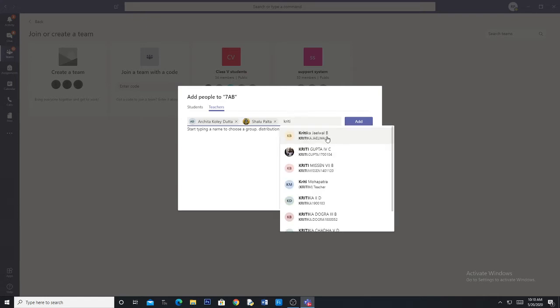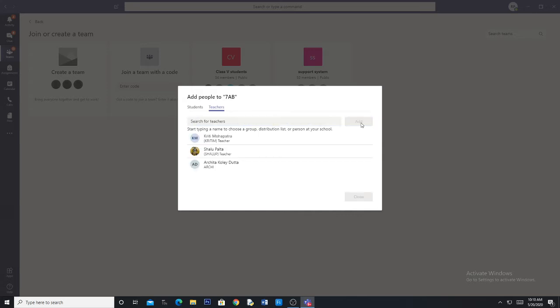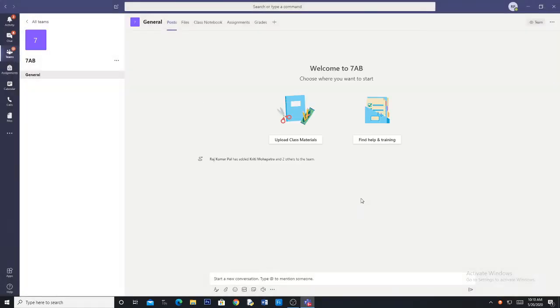Okay, Kriti Mahapatra. Okay, I got it. In this way you can add the teachers who take 7th AB together. Once you have done with this, I say add. So you need to add the teachers, right? Once it is done, I say close. Now 7th AB is a team.